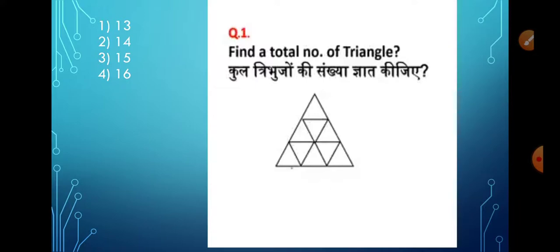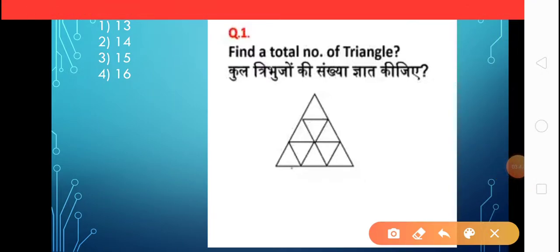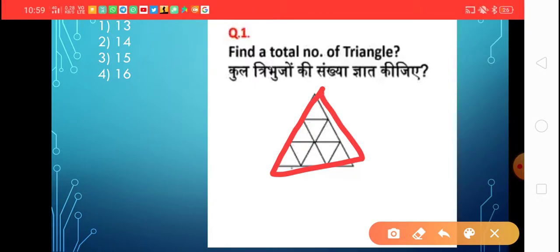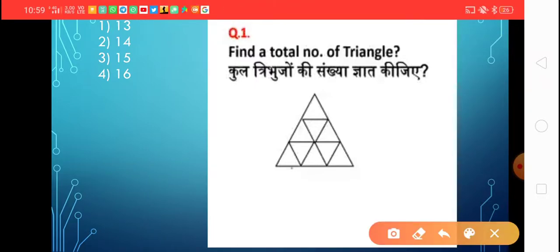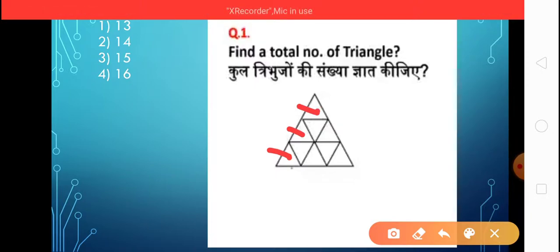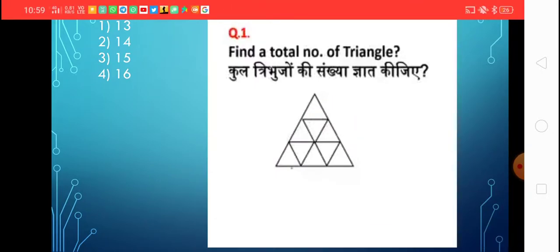You may also have come across such kind of examples. In these examples, triangles with equal areas are given. In a simple triangle, we get triangles of equal areas. This trick is also very simple. We just have to calculate how many parts are there on each side, just like the previous one. How many parts? First, second, third, and on this side also 1, 2, 3, 3 parts.